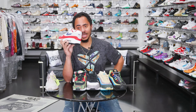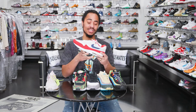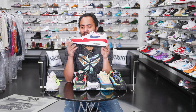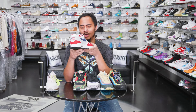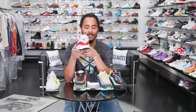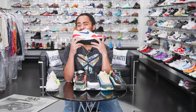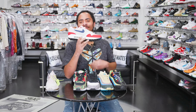they even dropped, until Colin Kaepernick made a call and said that you cannot release this sneaker because you don't understand the impact that it's going to have on not just the sneaker community, but a whole nation of people, right? And so they pulled it off the shelves, but nevertheless, it still was in certain stores ready to get released. So we have